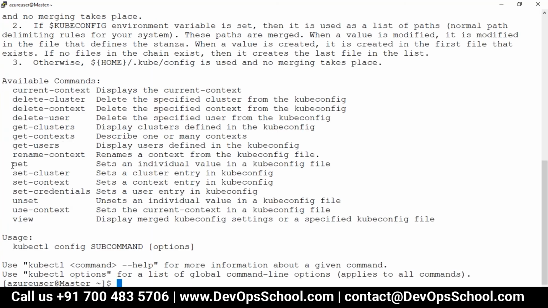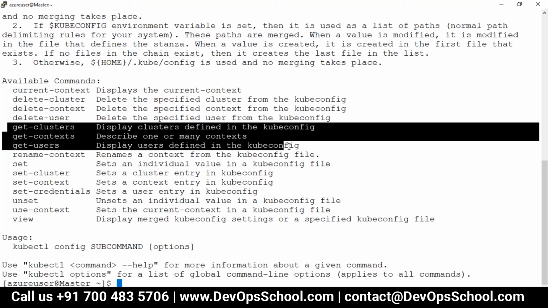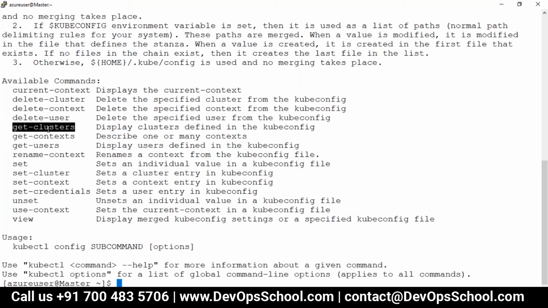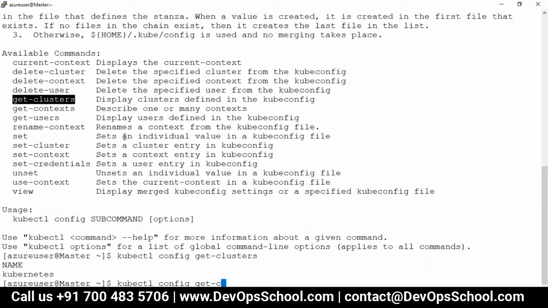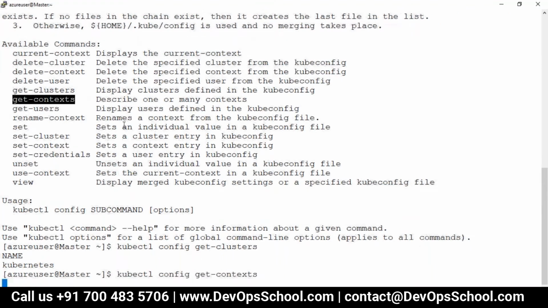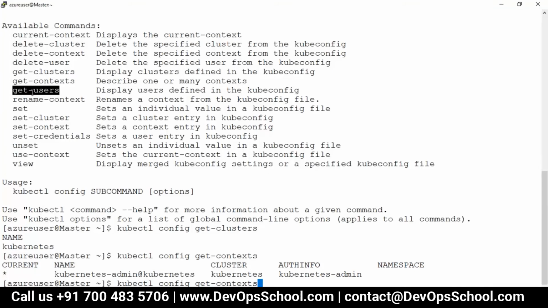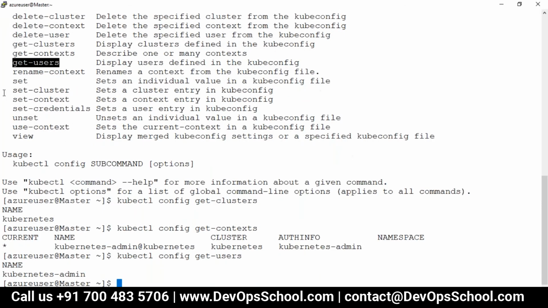Look at my screen here. This is for displaying purposes. So if you want to get only the cluster here, only the context here, or only the users, all users, not one, I have only one right now. If you want to view, I have told you.